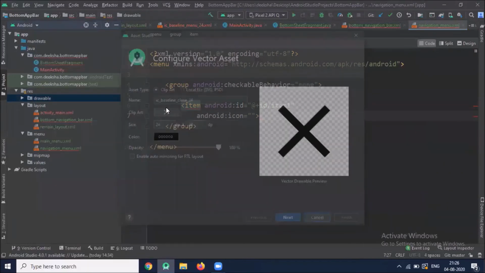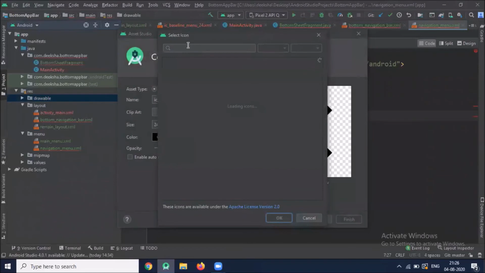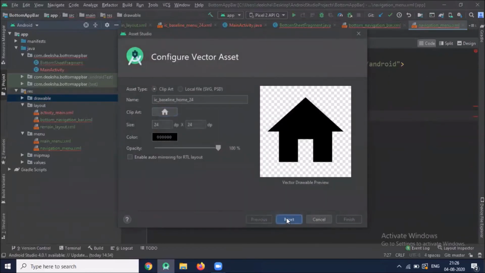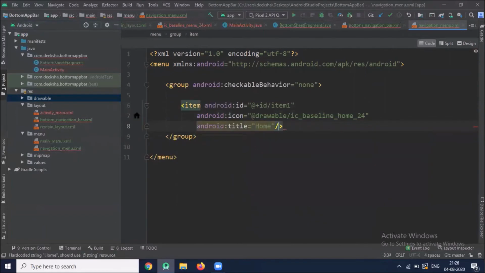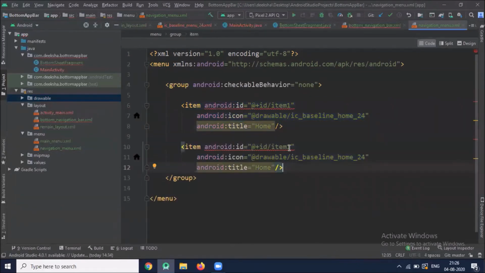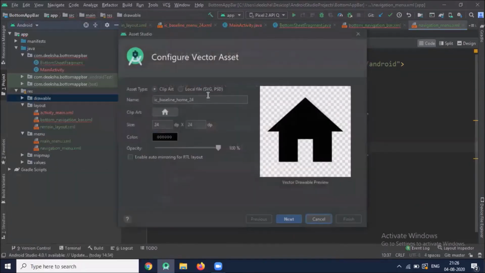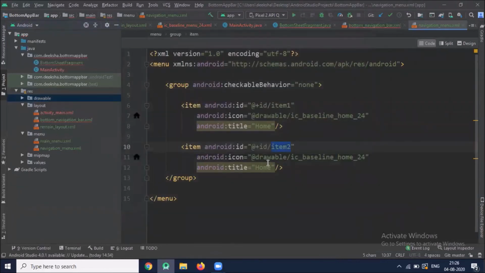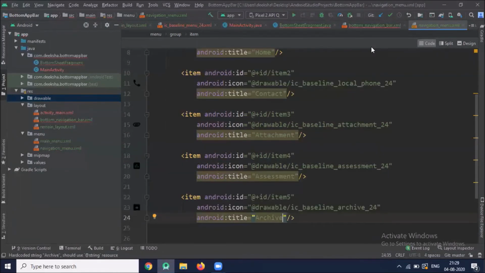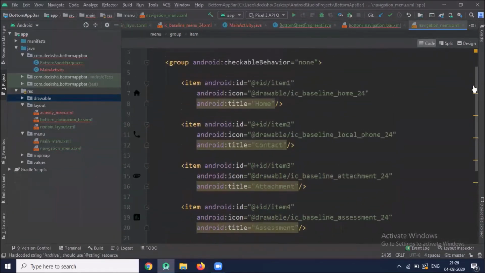So here we use vector asset. Similarly, we add other items. You can add whatever you want. Similarly, I added other items.